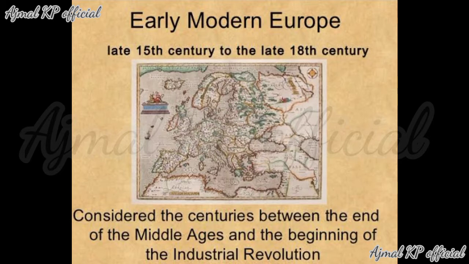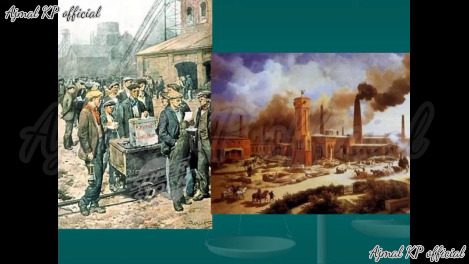So, the Industrial Revolution took place in the second half of the 18th century and the first half of the 19th century. In which area did it bring changes? In the field of industries. Let us check what all the changes the Industrial Revolution brought.